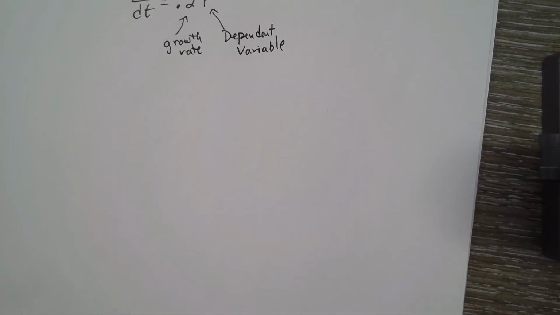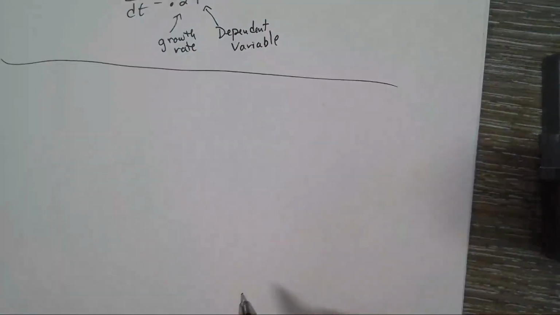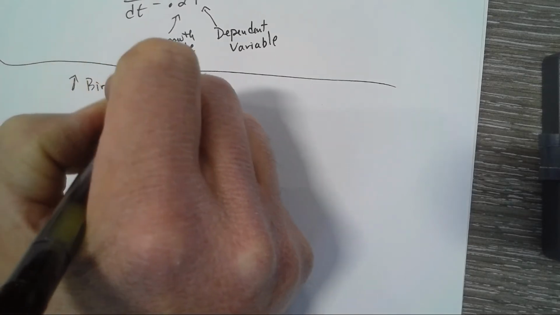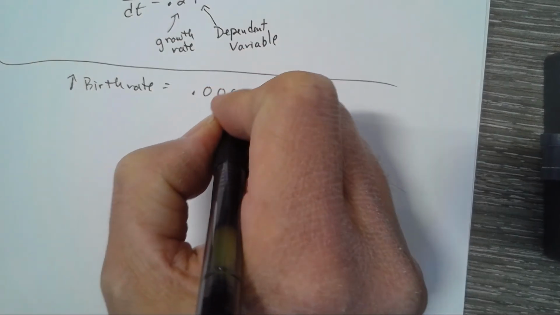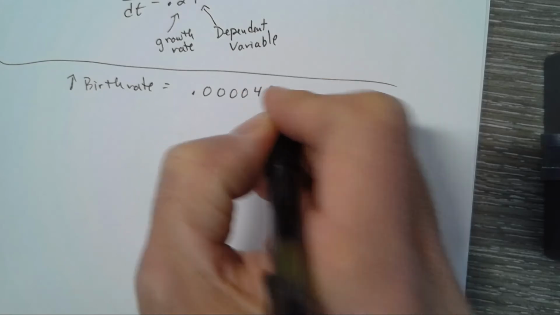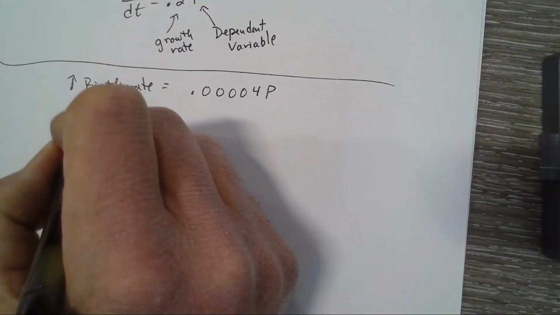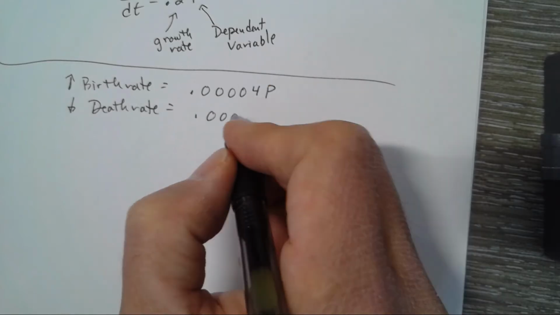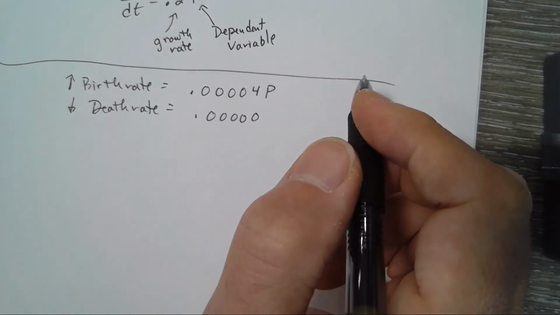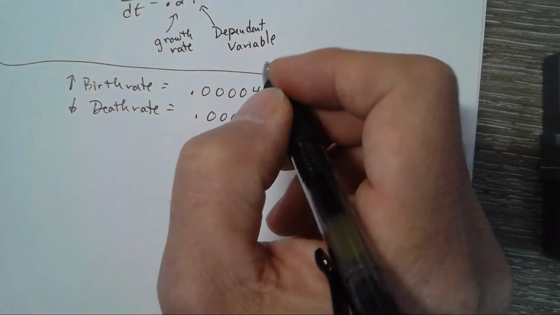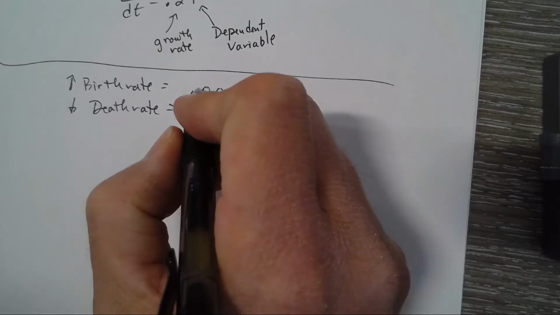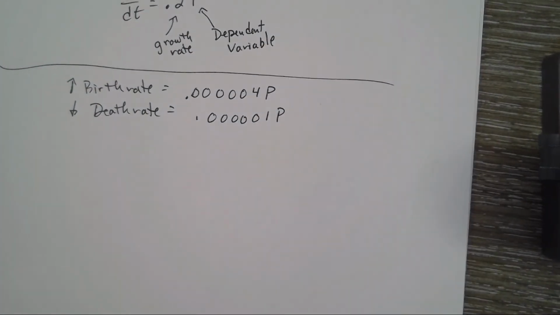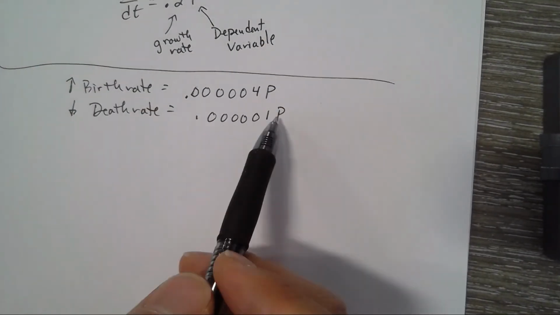If I've got a population, and let's say our birth rate, let's say the population is going up 0.00004 p. That's our birth rate. And our death rate is, we'll say 0.00000. Well, let's have the same amount of zeros, so I'll make it 5 zeros, so I'll add another 0. Easy fix. There we go. 1 p. Okay, so there's our birth rate, there's our death rate,